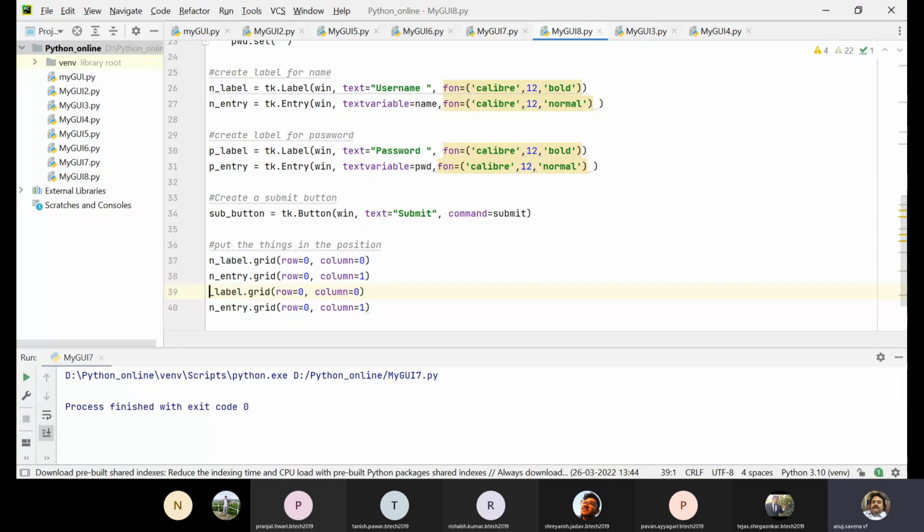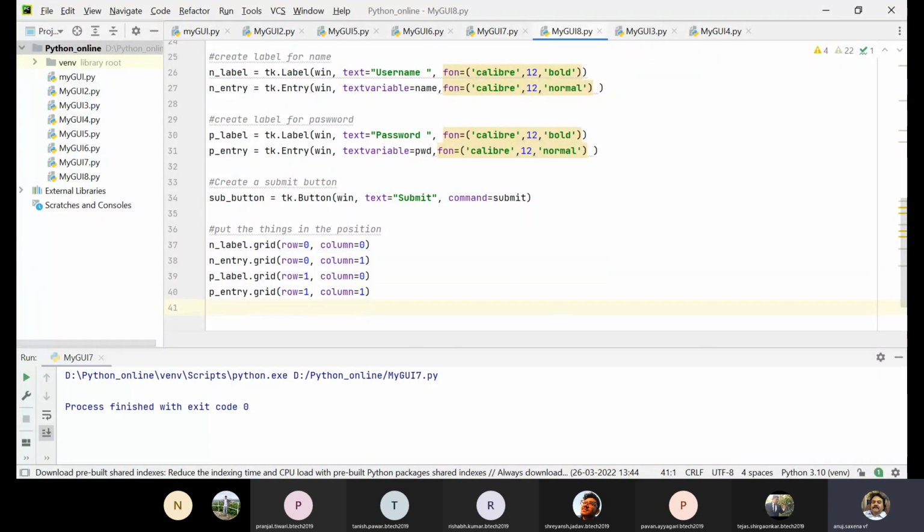I just change this thing. Now I have the row to change. So I have row 1, only row 1, and column. Here it will be okay. Now we have to put the button also, so we can put it down. So submit